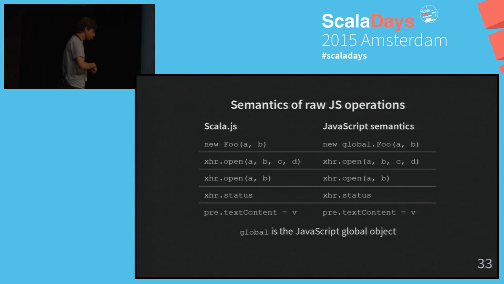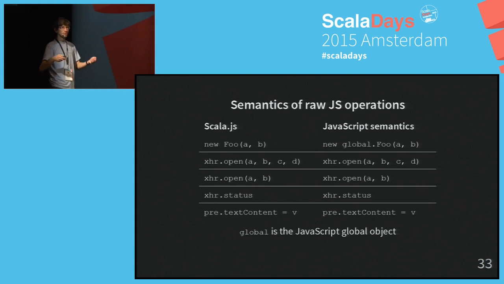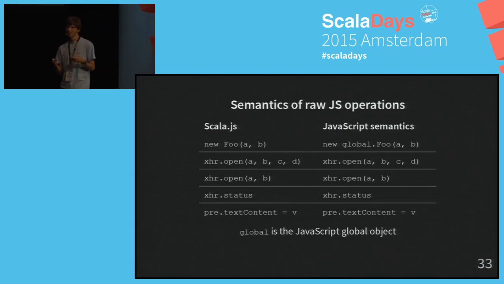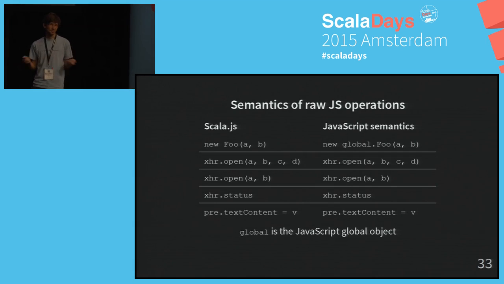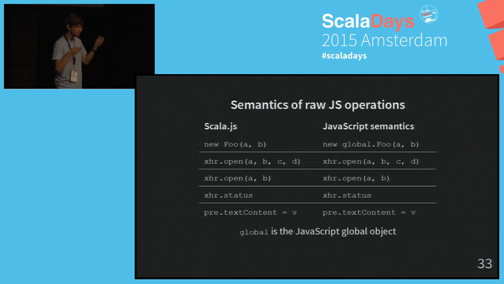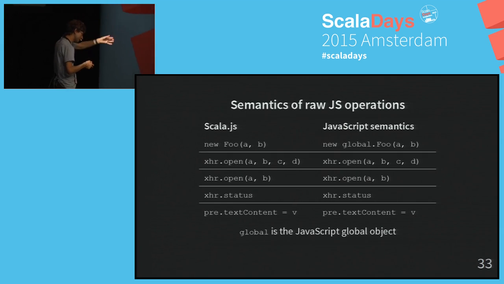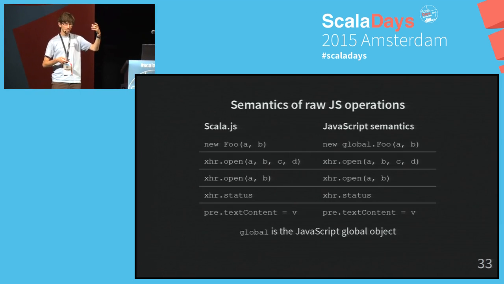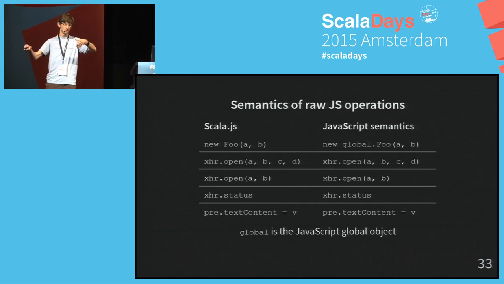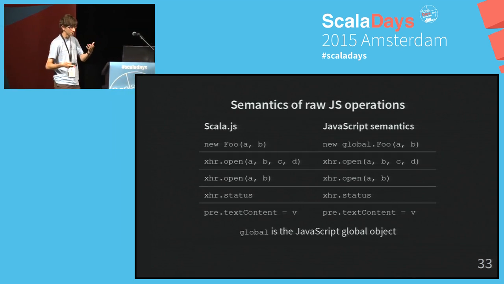And then method calls are basically the same. We're very lucky with Scala.js because syntactically, Scala resembles JavaScript a lot. So most of the time, you can interpret things basically the same way just by syntactically translating. But you have to understand that this is not transpilation in the sense that it looks at the syntax and turns the syntax around. It does understand the meaning of the program and compiles it.